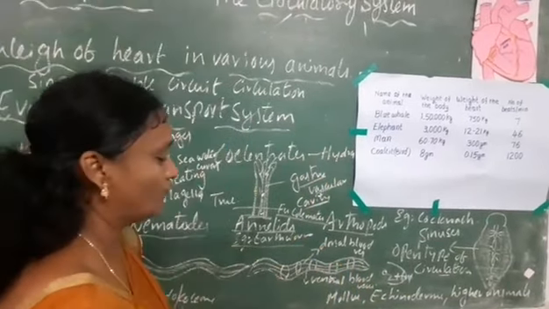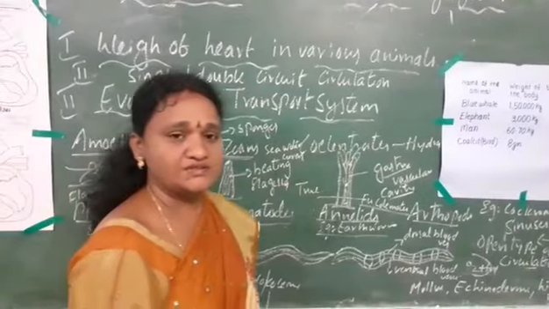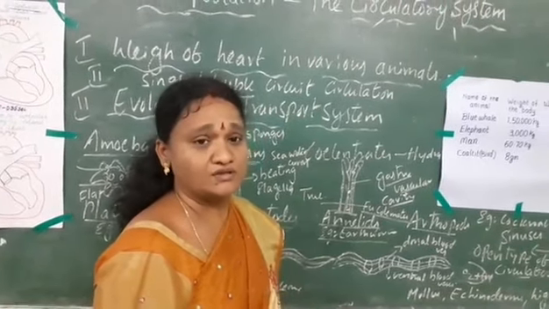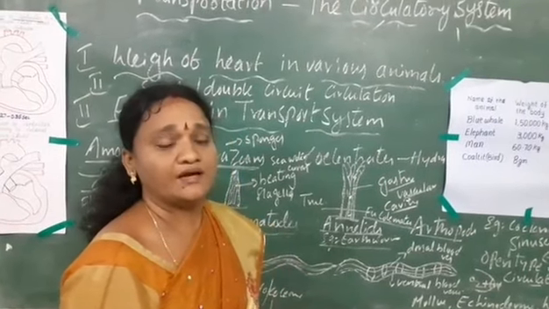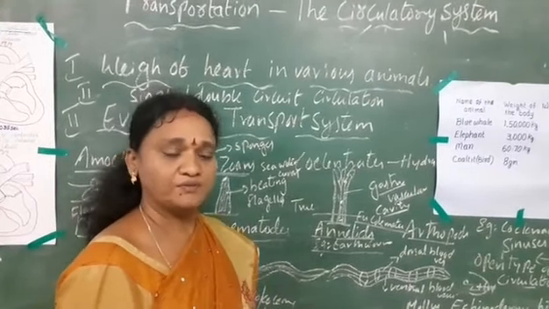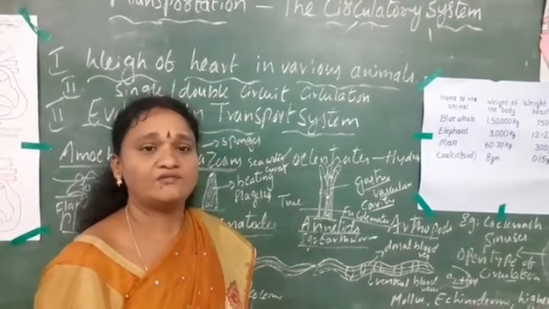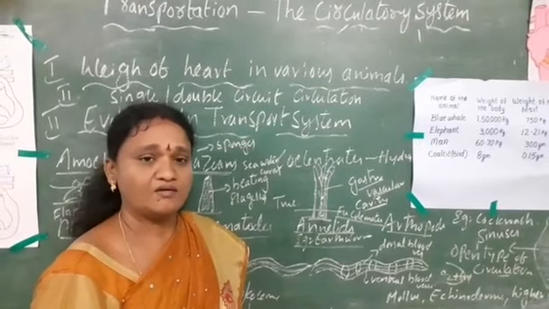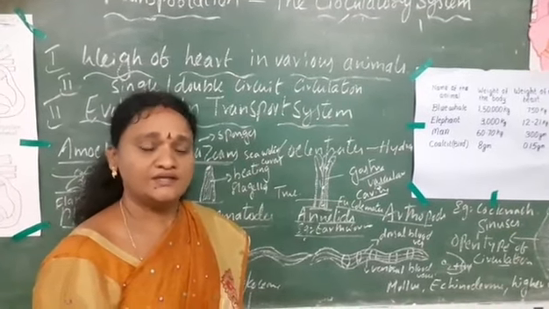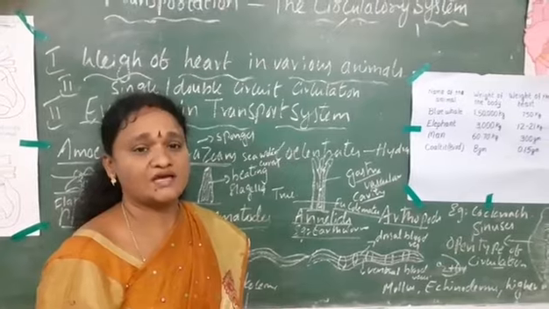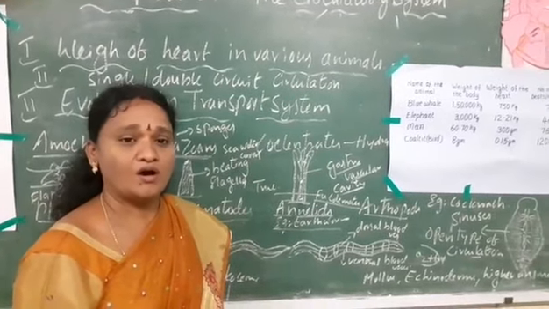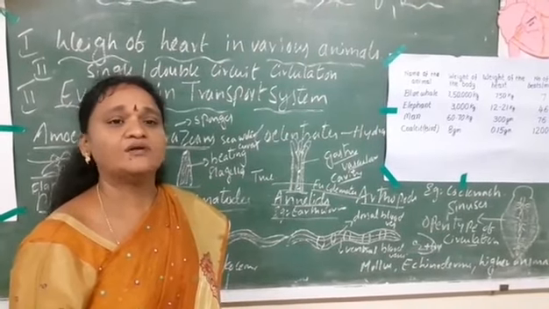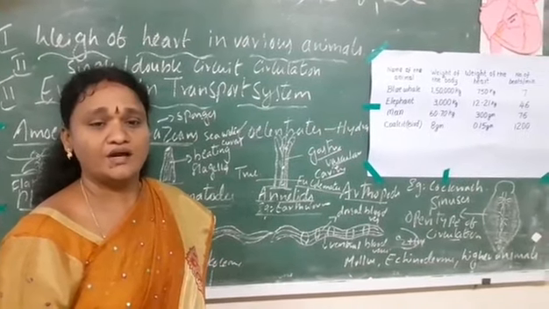So next, when we go for the higher animals like molluscans, echinoderms, cephalopods, and even in reptiles, snails, mammals, we observe the double circuit circulation, and a well-developed transport system is seen. That is, we have a 4-chambered heart, and it is connected by the arteries and veins, that is the blood vessels, and tiny blood vessels, capillaries, are present. So we have heart, blood vessels and blood, a complete transport system, a highly developed transport system, will be observed in the higher group of animals.